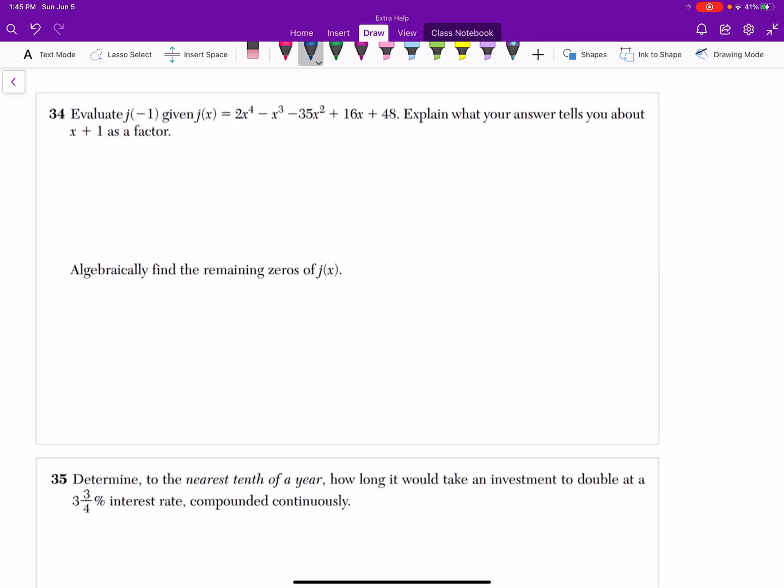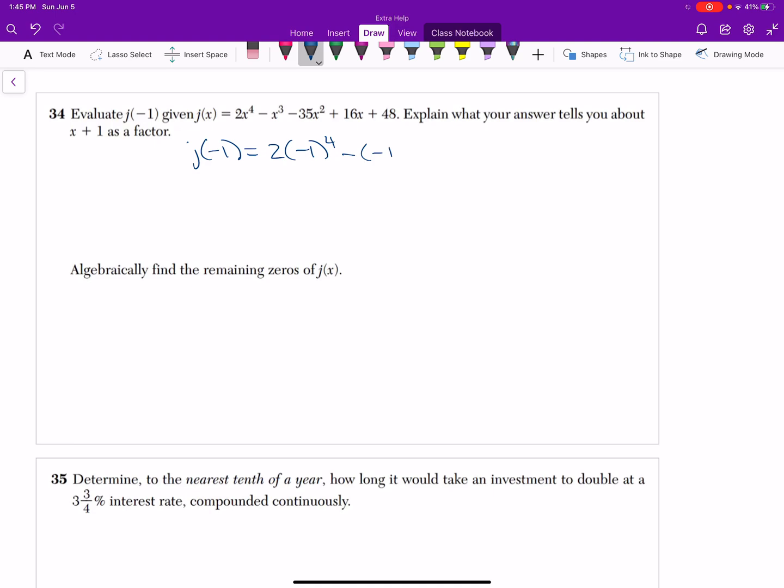Question 34. Evaluate j of negative 1 given that j of x is equal to this long polynomial. Explain what your answer tells you about x plus 1 as a factor. So starting with finding j of negative 1,